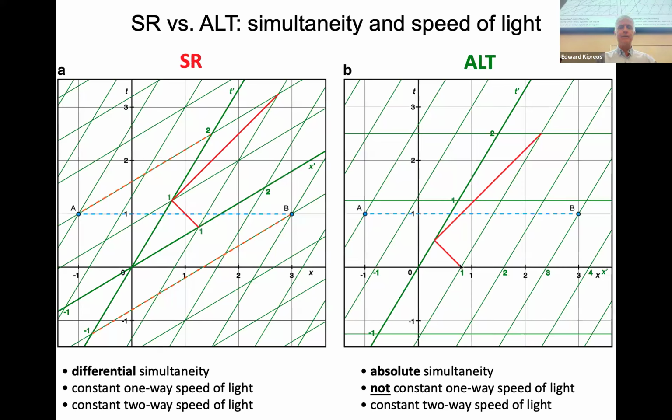But with alt, that's not the case. So here, if this is 1 light second and they're shining light backwards, it's only going to take 0.4 seconds to hit the back. And then when the mirror hits it and it goes forward, it's going to take 1.6 seconds to reach the front. So the speed of light's not constant. It's faster than c in the back, and it's slower than c in the front. But here's the thing: when you consider the two-way speed of light, it's going to go 1 light second back and 1 light second forward, so 2 light seconds total distance, and it's doing it in 2 seconds. So the two-way speed of light is constant, but the one-way speed of light is not constant.